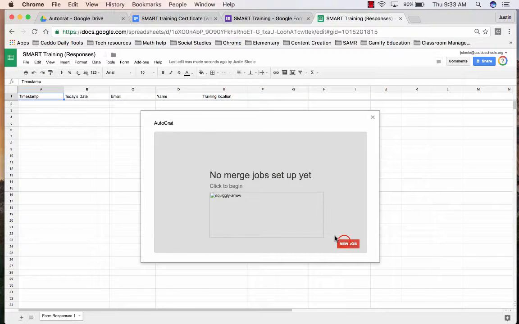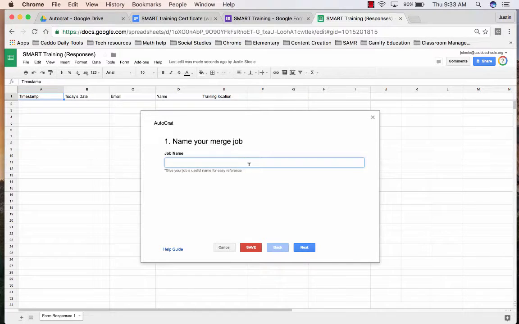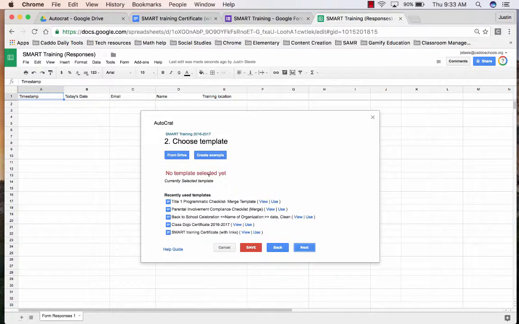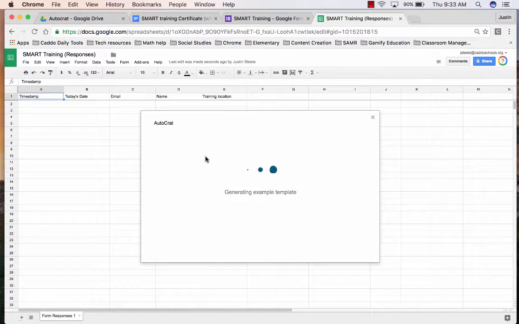All right, no merge job set up, so we're going to create a new job. Smart training, and I'm going to call it 2016-2017, so it's easily searchable by me. Click next. All right, so choose template, and remember the template that we created. So you can create it within the document. Let's do that. Let's see what that looks like. So if we click create example,